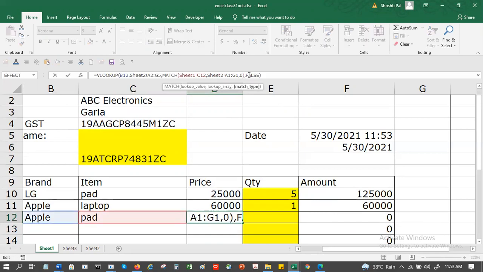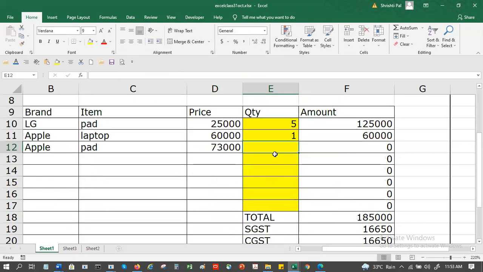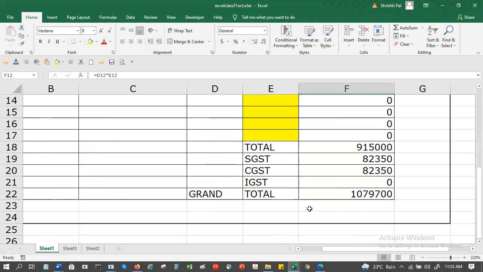False is for the VLOOKUP. Okay. Now, once I get this value, all I have to do here is give the number of items, and the total gets calculated, SGST gets calculated, CGST gets calculated, and the grand total gets calculated, all automatically.